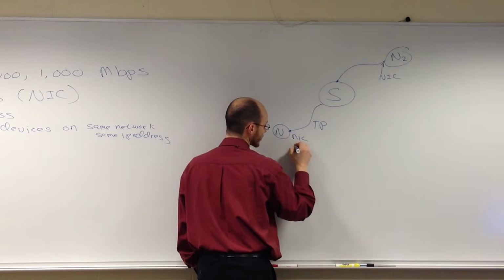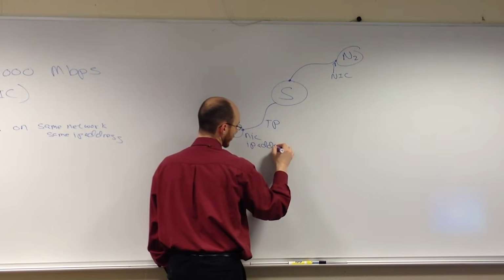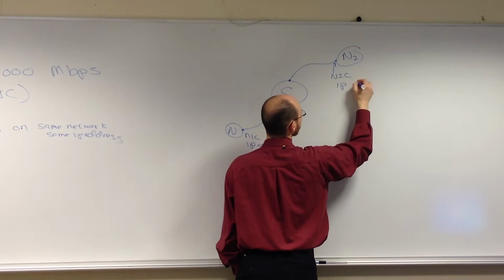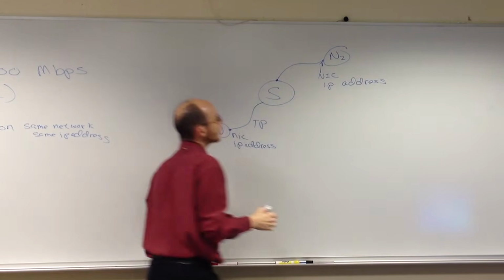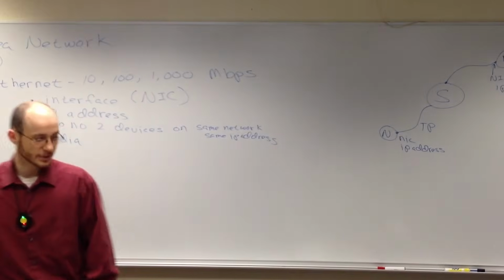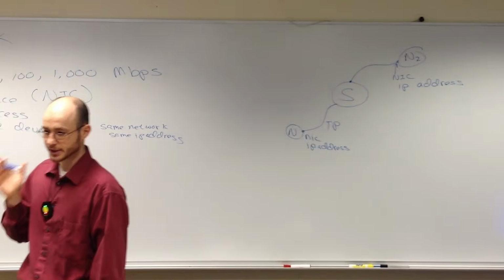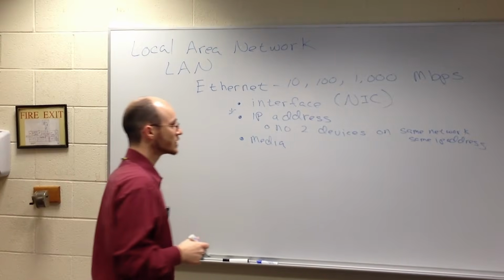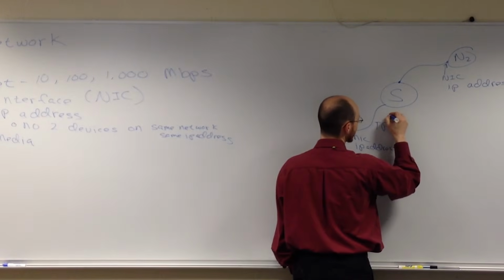These interface cards are the ones that get IP addresses. How do I know they're on the same network? Because they're connected by this device here. They're in the same physical network because they're using a switch. Since I'm using the Ethernet standard, I'm using at least Cat5